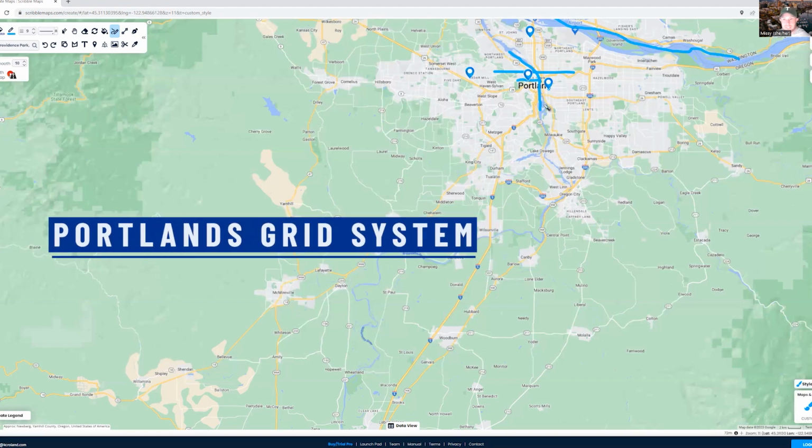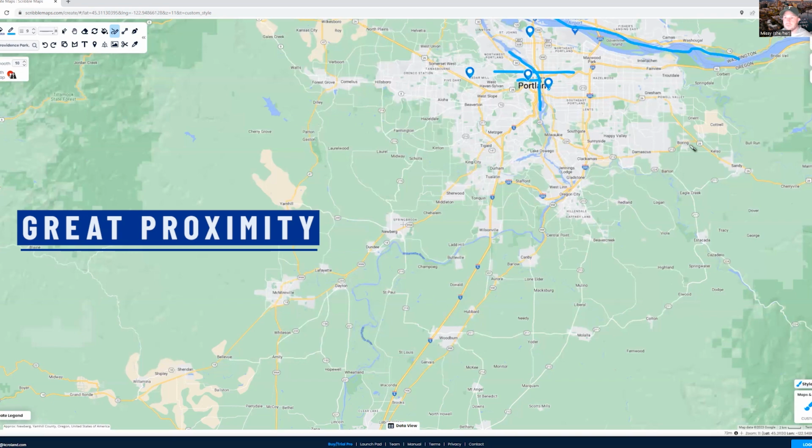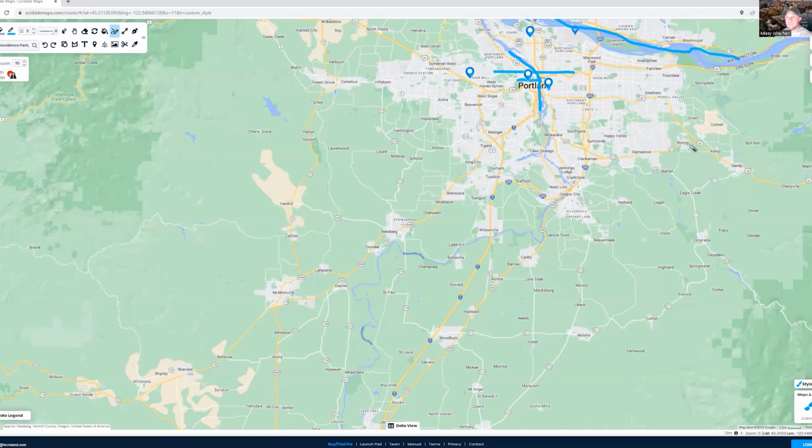Just to recap, Portland's grid system, north, south, east, and west, makes it somewhat easier to figure out where you're going and where you are. Portland has a really great proximity to lots of awesome things, be it activities at the mountain, the coast, wineries, the zoo. Whether you want to do inner city or outer city things, there's just so many fun things to do. We've got traffic as an issue to consider with where you live and where you work, so that you don't spend your life in the car or on the train or on your bike, which actually could be kind of fun. But no sales tax,